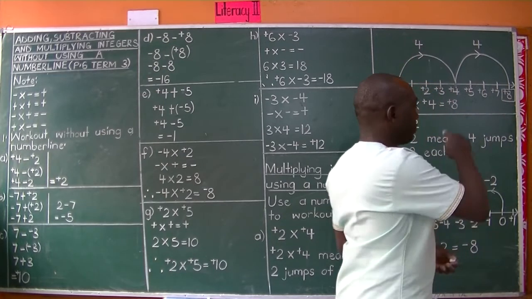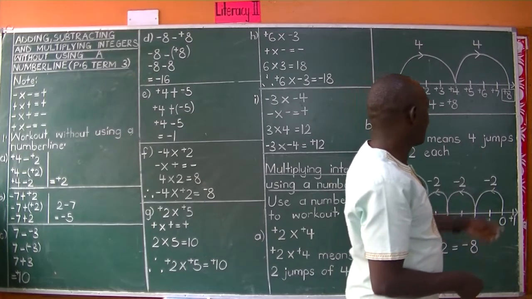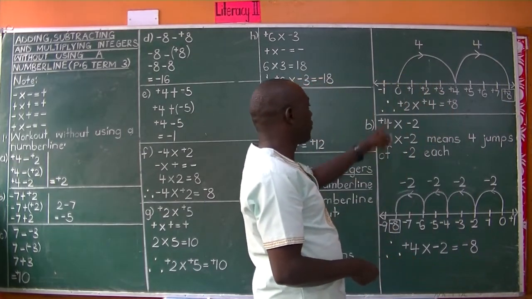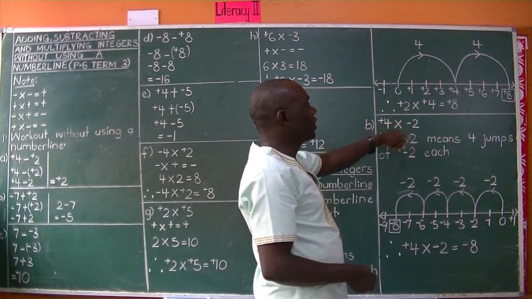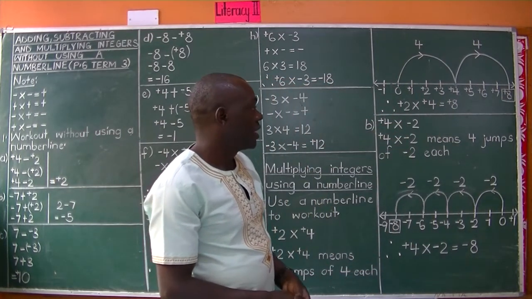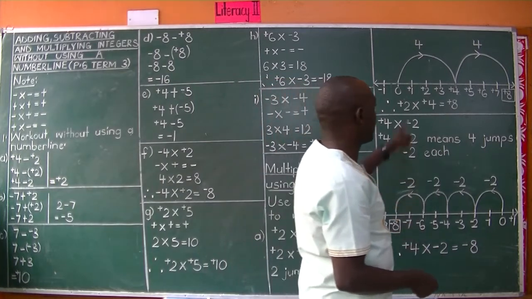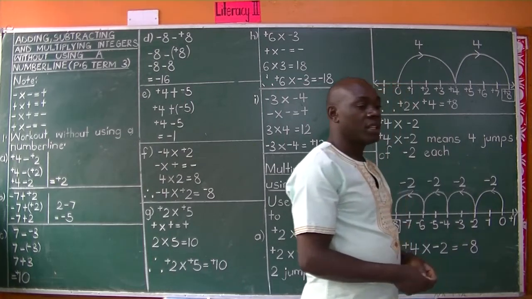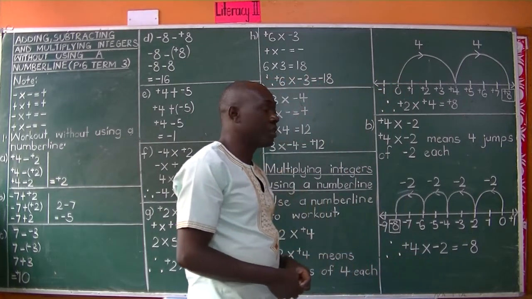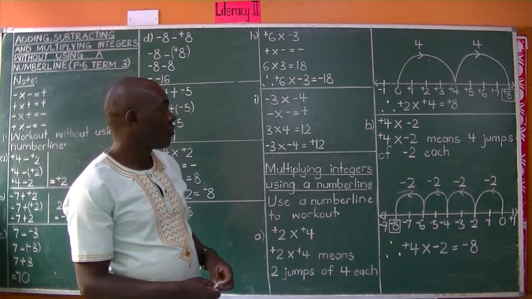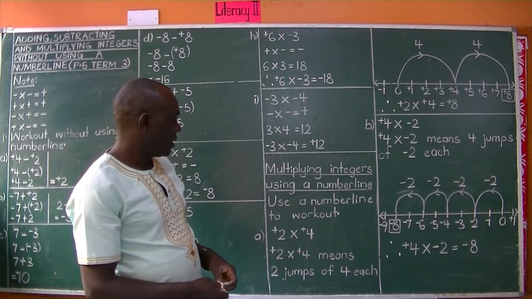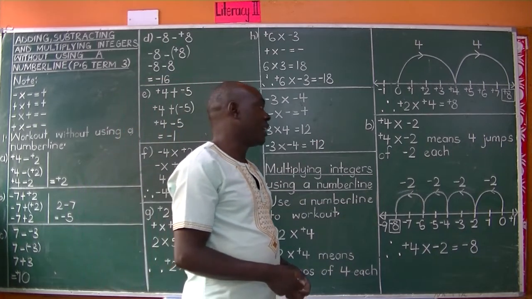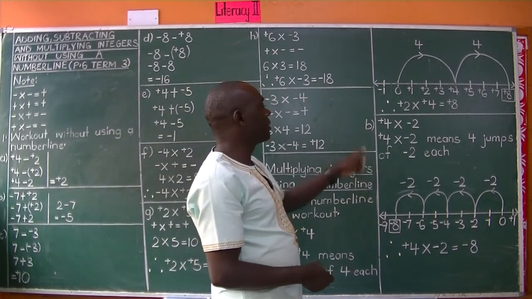Put it in this kind of box to identify it as the answer. When I made 2 jumps of 4 each, I reached 8. So therefore, positive 2 times positive 4 equals positive 8. And that way, you have shown the multiplication statement on a number line. As we go to part B,